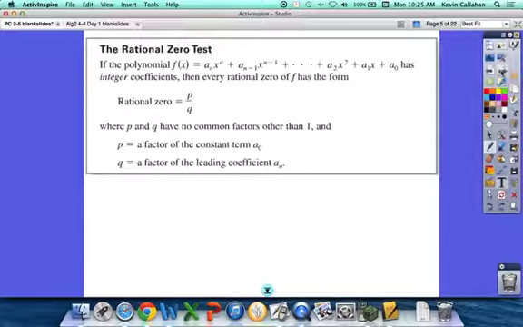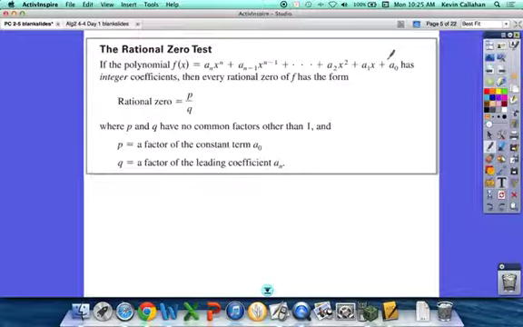The way it's worded, you may have a little trouble understanding what it says, but the application of it is actually pretty easy. It's saying if we have a polynomial which has a degree of n, because the first term is x to the n, and it's got these coefficients. The first term is a sub n, which is just a general way to denote a coefficient. You've got all these terms in the middle, and the last term is a constant, a sub 0. If there are rational zeros, they are going to be